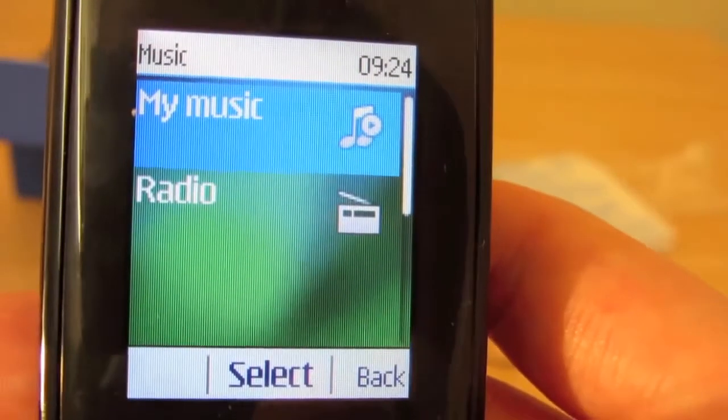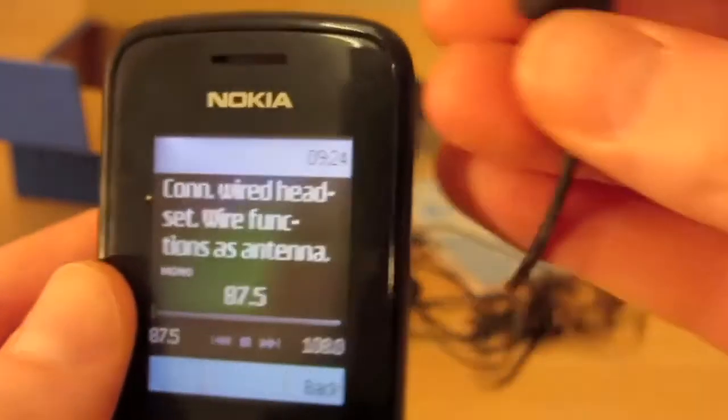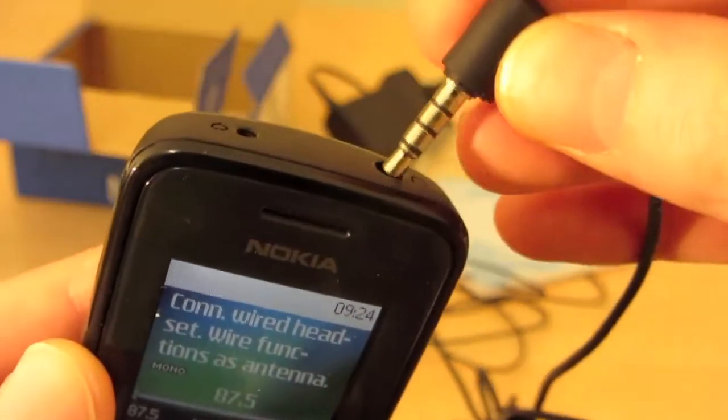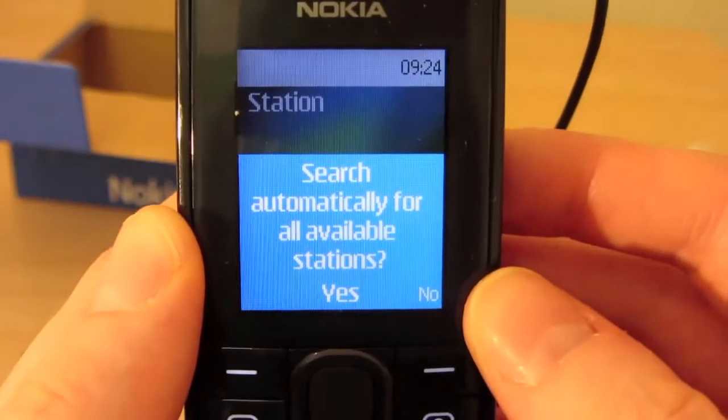And a music player. I presume it's going to ask us to connect the headphones in order, because they obviously act as the antenna. And once that's connected,